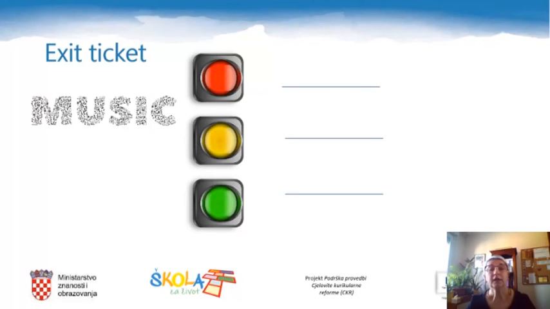Amber. Is there anything that you understand now, but you need more practice? Write it down and go practice some more. Green light. What have you learned? And you can say that you know it now. Write it down on this line. When you complete your exit ticket, that's the last activity